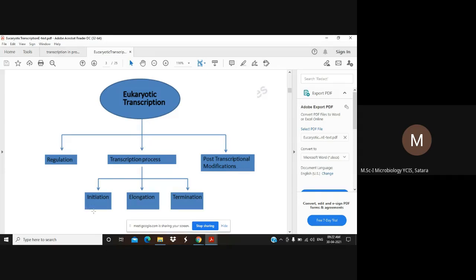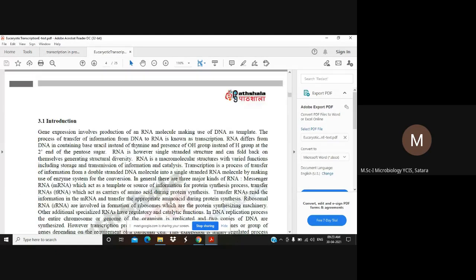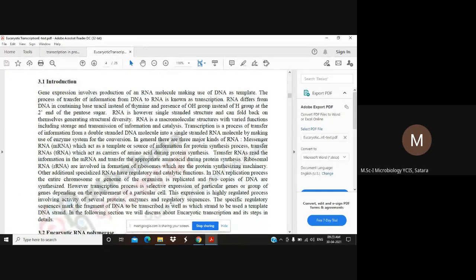So the transcription process has three different stages: initiation, elongation, and termination. So introduction about this